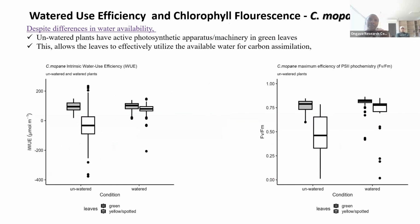We also spoke about water use efficiency as the measure of how efficiently the plant uses water for photosynthesis, as well as chlorophyll fluorescence, which is the measure of how efficiently the plants use light energy to perform photosynthesis. What we found out is that despite the differences in water availability for unwatered plants and watered plants, these plants managed to effectively use the water for photosynthesis. As you could see, the rate is between 0 and 200. However, this is different from the yellow leaves. For the yellow leaves, the water efficiency was quite much lower. This tells you that the little available water in the yellow leaves was being transpired